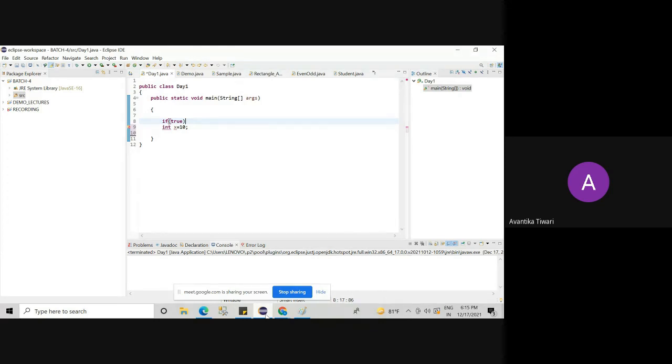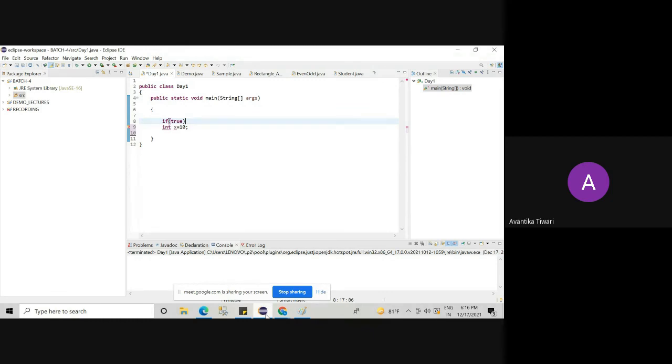Without curly braces, only one statement is valid, and that should not be a declarative statement. Akash was correct. So the conclusion here is, without curly braces and without having the else part, the if statement is completely fine.